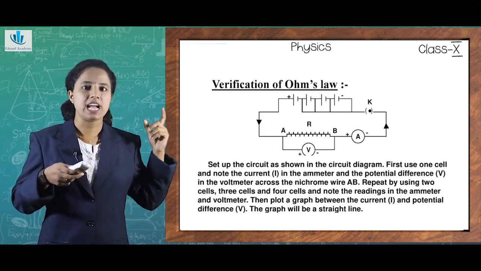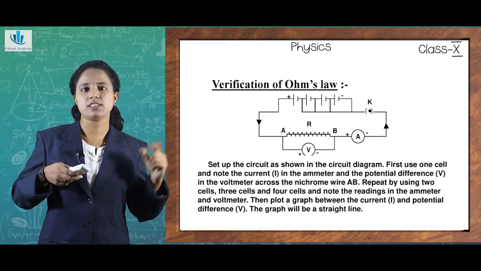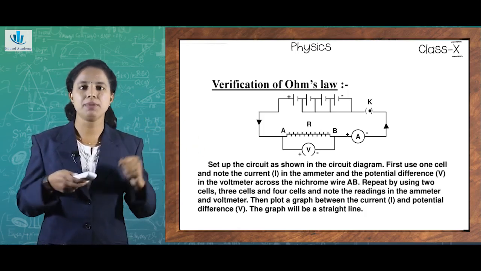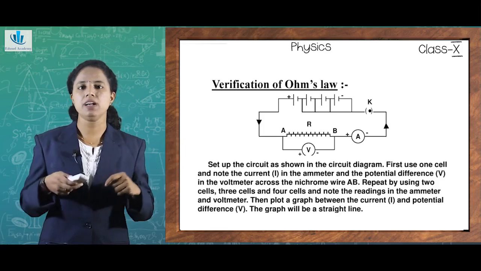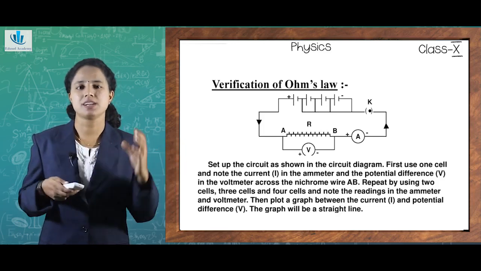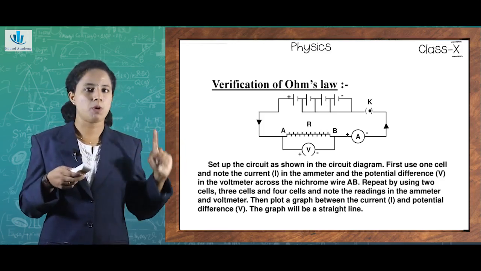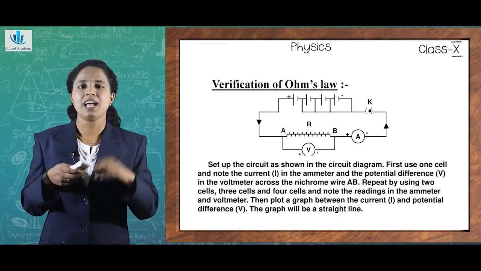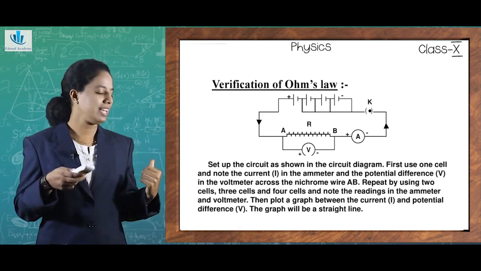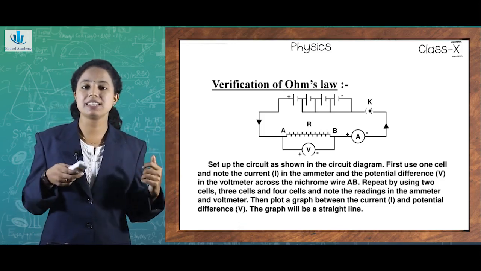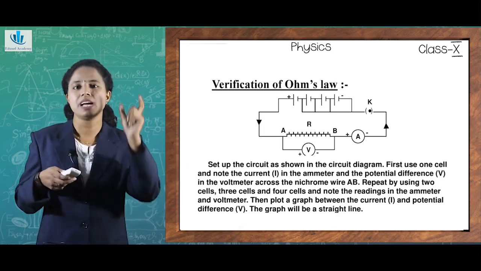You can see there is AB, the conductor with two ends A and B. There is a key represented by K. There is an ammeter represented using A with positive and negative ends. It is connected in series across the circuit, and the voltmeter V is connected in parallel across the two ends